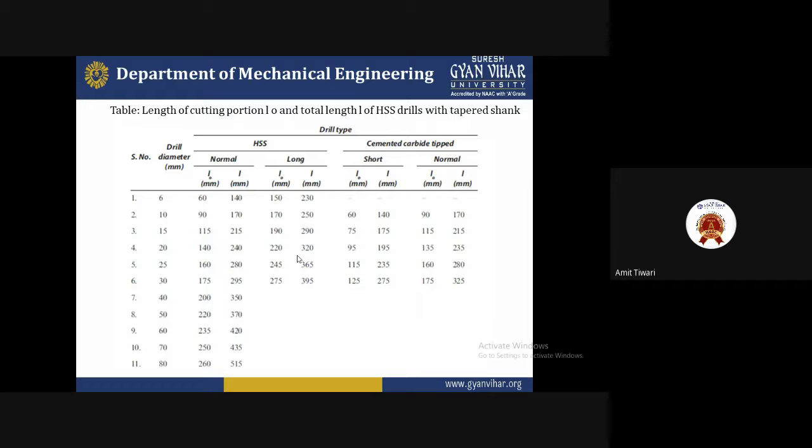And for high speed steel in the longer case, that is 150 to 230, 170 to 250, 190 to 290, 220 to 222, 245 to 365, and 275 to 325. So this is the case for the high speed steel material. Selected for the cemented carbide tip, shorter than normal, having the diameter selected, that is 60 to 140, 75 to 175, 90